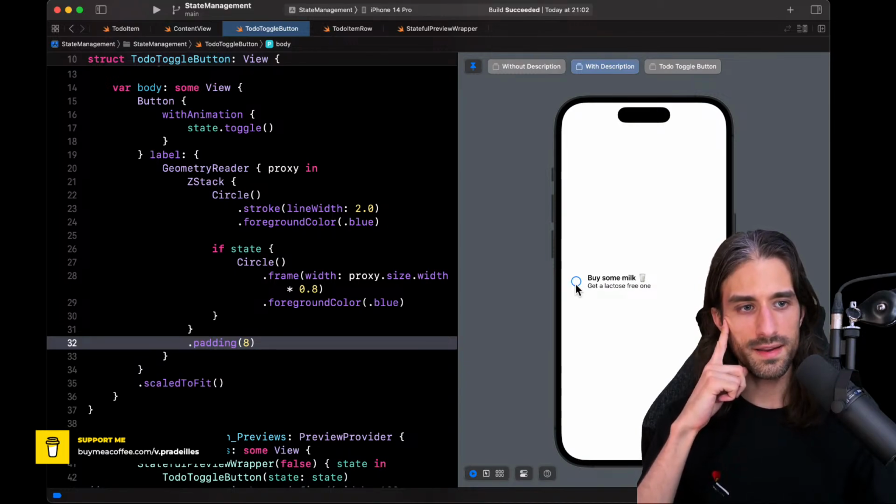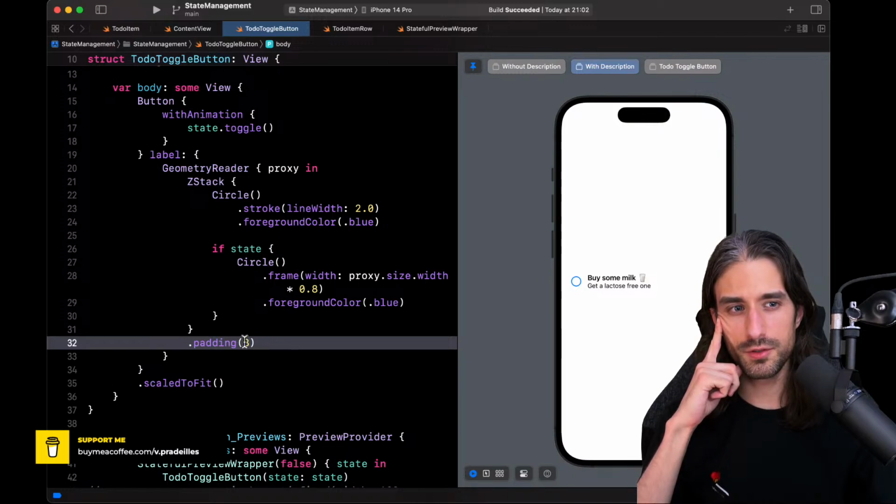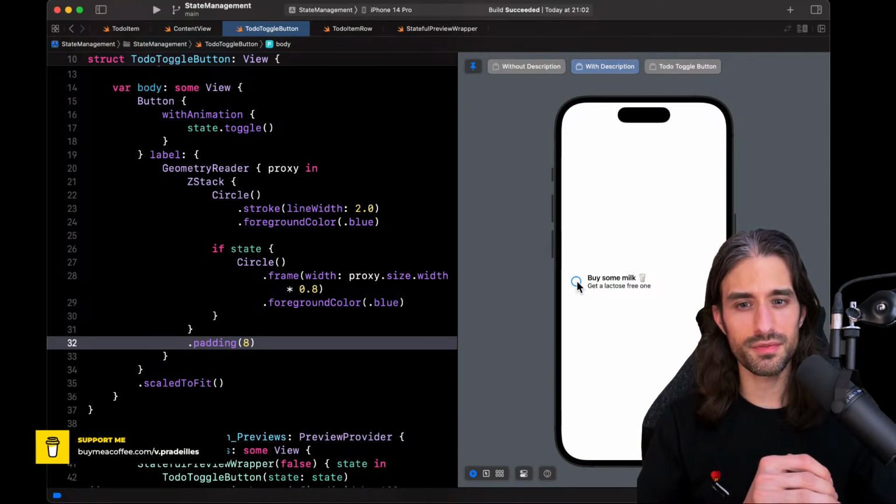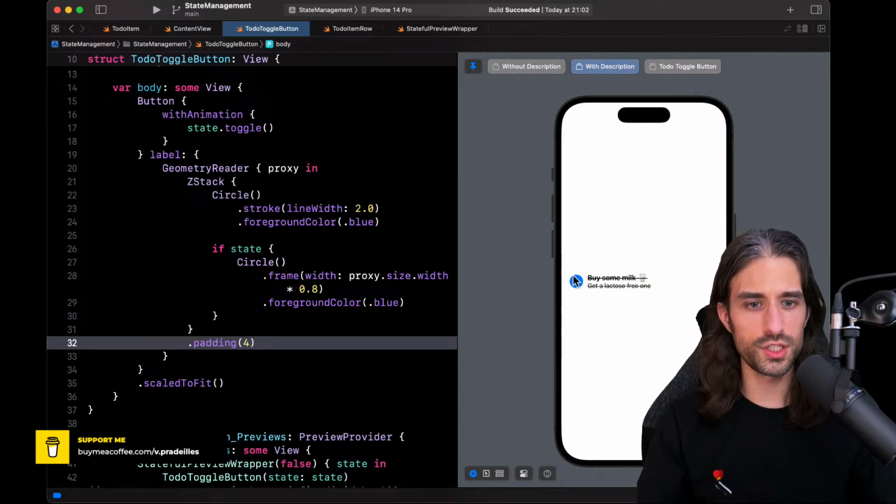Oh, I think I know why. I think it's because of the padding. Because I've put the padding, and because there is not that much space available, there is not enough space for the view to draw itself like it would like to. And so it's kind of like if a constant had broken. I'm going to see if I put a padding of 4. Yeah, you see with a padding of 4, there is no issue, but you can see that there isn't enough space.